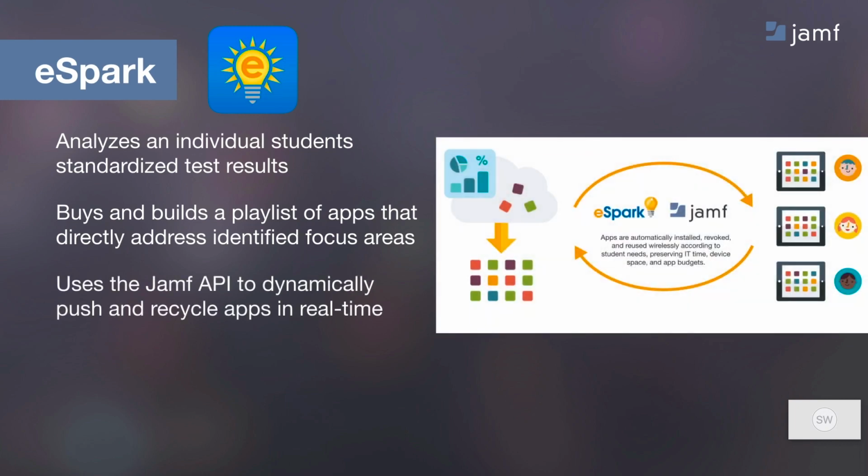And then for the admin, eSpark uses the Jamf API to dynamically push and recycle these apps in almost real time. And what that does is it saves you money. Instead of buying 30 copies of the same app for 30 students, you can think of it more like a library. You buy 2 or 3, and students check them out as necessary, and eSpark will handle literally all of